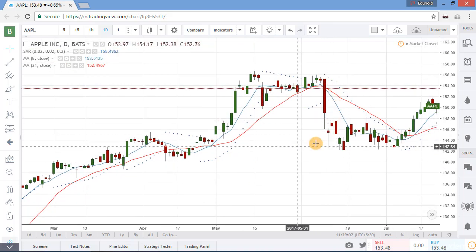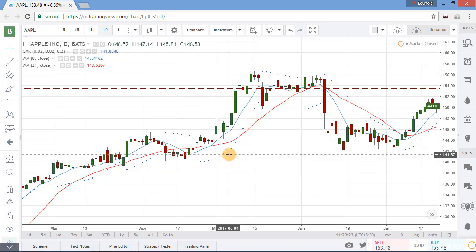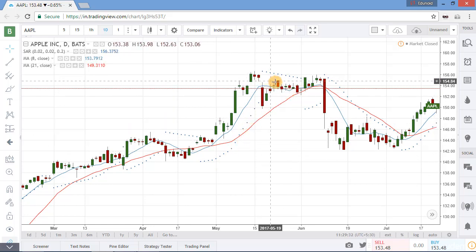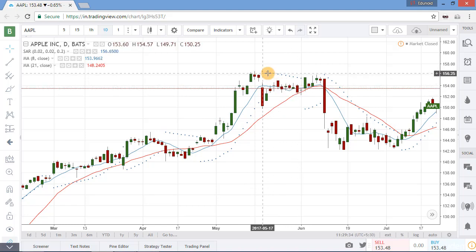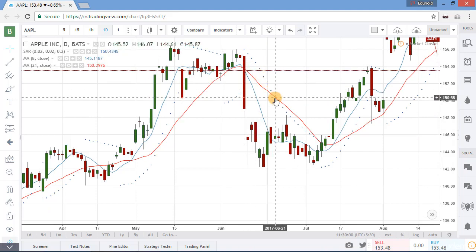You can see the moving average is then in bearish mode and also we are getting a bearish signal from parabolic SAR. You can see when the trend extends, this is the gap between the dots and this is the starting phase of the trend, and as long as the trend extends, the gap between the dots increases. This is the consolidating phase, so the gap between the dots doesn't increase. Here too the distance between the dots increases. It means we can hold our position,